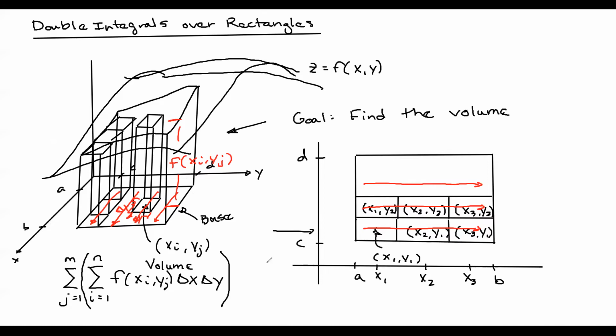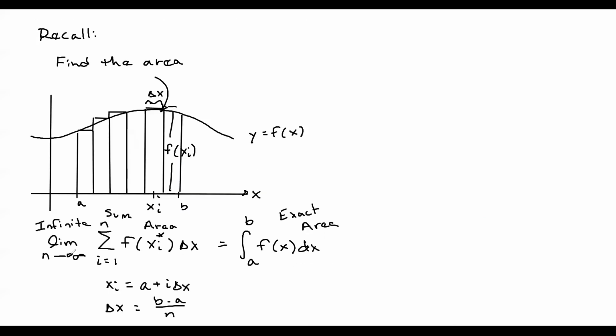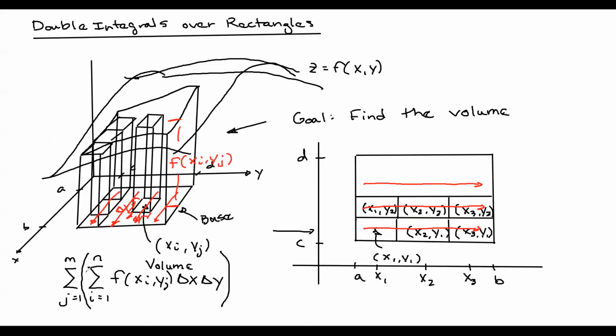All right, and then the final thing that we did in Calc 1, once we went through and formalized all that stuff, is we said, well, if you pick a finite value for n, then you're going to get a finite approximation for the area. Let's take n and have it go to infinity. That will make it into an exact area. And so we're going to do the same thing here. If you put finite values for m and n here, you'd end up finding a finite approximation for the volume